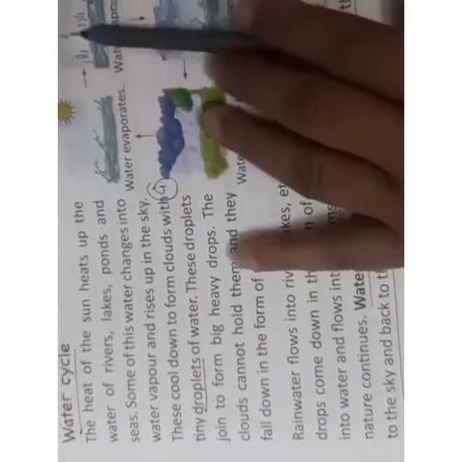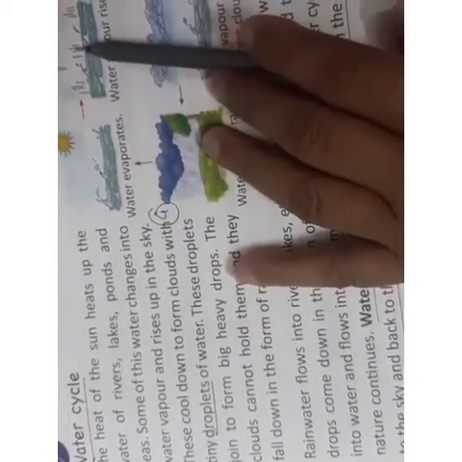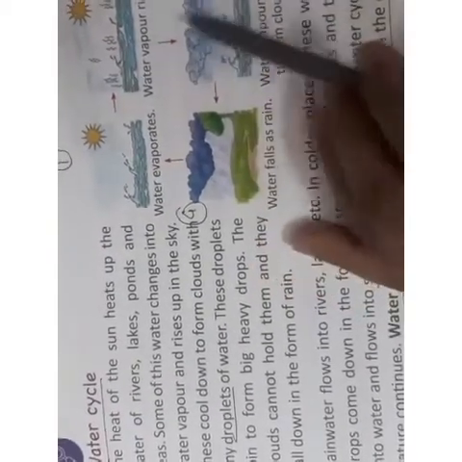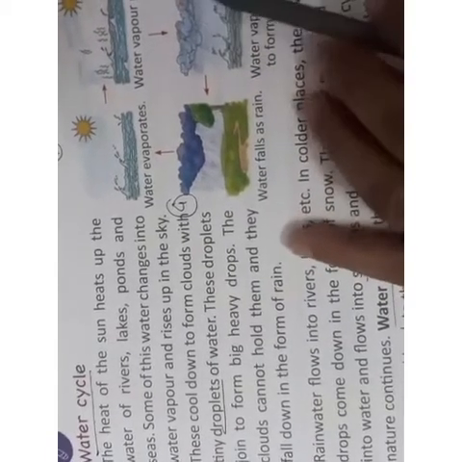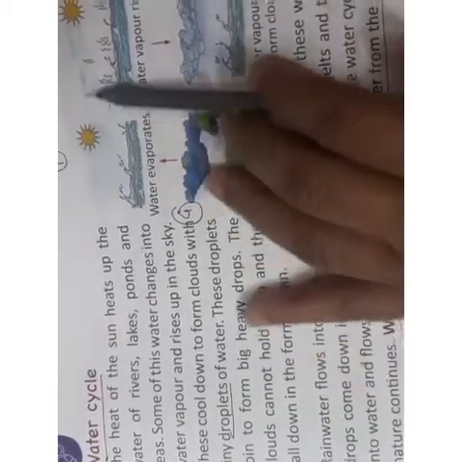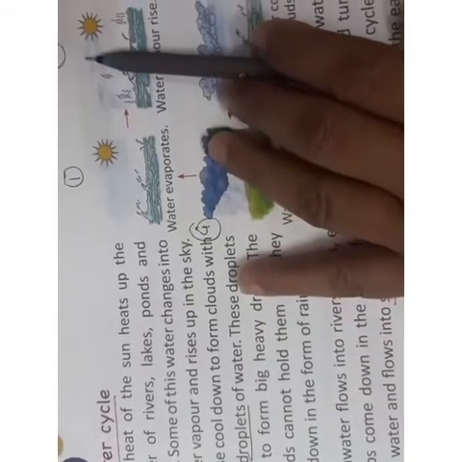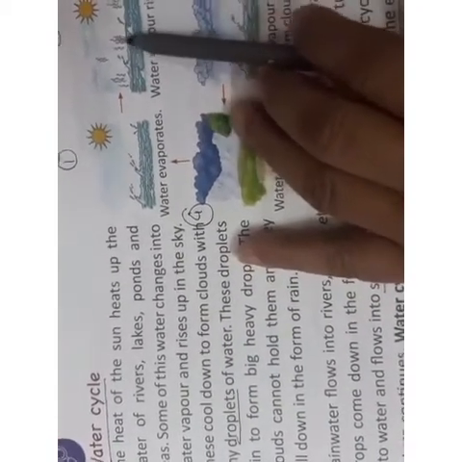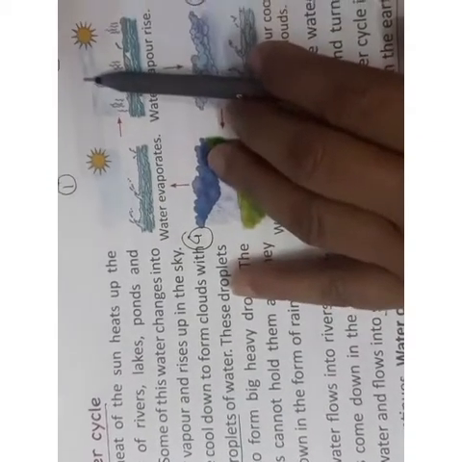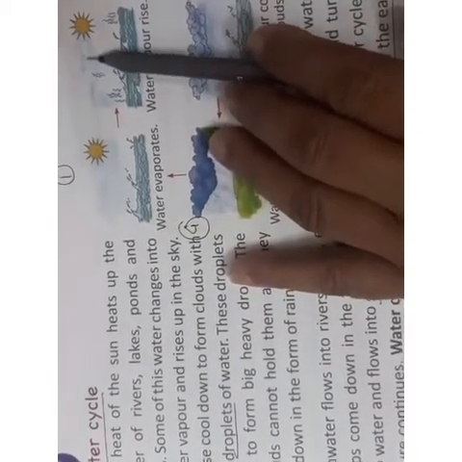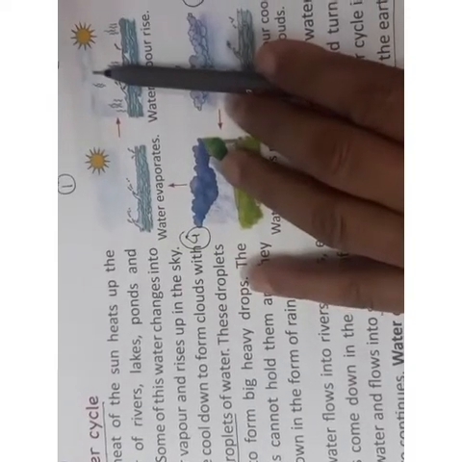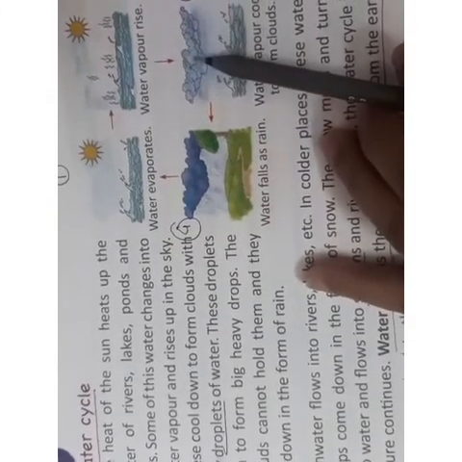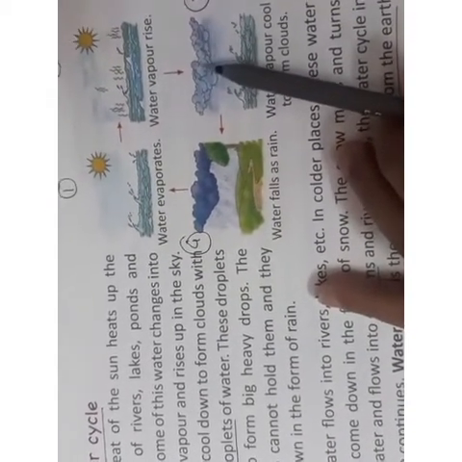Now these droplets, when they go up high, collect themselves to form a big drop and that gets into the cloud. तो धीमे धीमे क्या होता है, जो पानी भाप बन के ऊपर आकाश की तरफ जाता है, तो वहाँ पे ठंडा हो जाता है, क्योंकि वहाँ का टेम्परेचर अर्थ के टेम्परेचर से अलग होता है. पानी कंडेंस होकर ठंडा हो जाता है और टाइनी ड्रॉपलेट्स में कन्वर्ट हो जाता है. वो टाइनी ड्रॉपलेट्स सब इकट्ठे होकर एक बड़े से बादल के अंदर आ जाते हैं और बादल में इतना सारा पानी इकट्ठा हो जाता है.